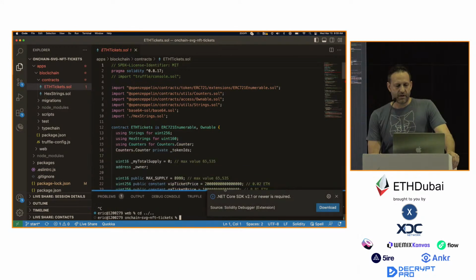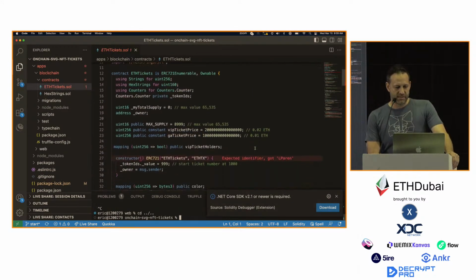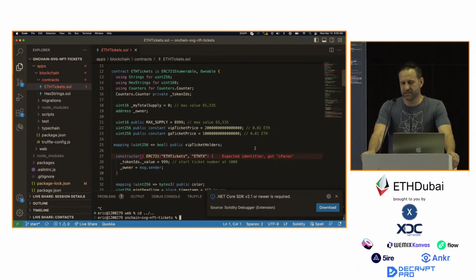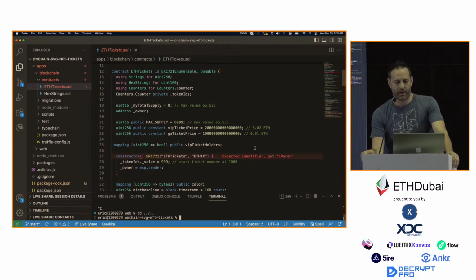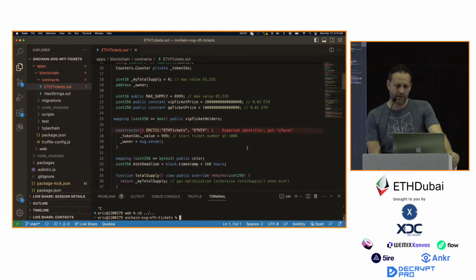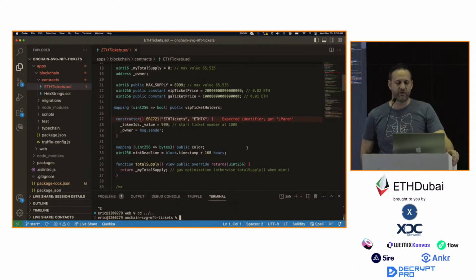So as we go to our Solidity contract, we can already kind of see what this thing is doing here, right? Solidity's pretty easy to read. It's a pretty simple language so far. And as you can see here, we have a total supply of tickets. We're keeping track of who the owner is, what is the max supply of all the tickets that we want to create for our fictitious event. Our fictitious event is going to be called ETH Atlantis because I figured nobody would be starting an ETH Atlantis anytime soon. And then we're going to have a concept of VIP and general admission tickets,